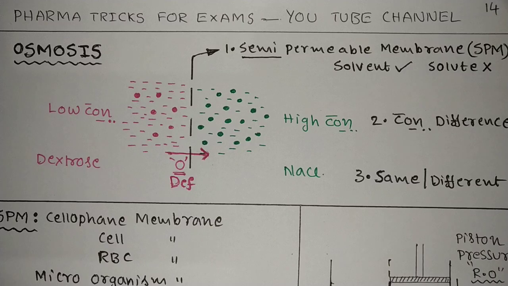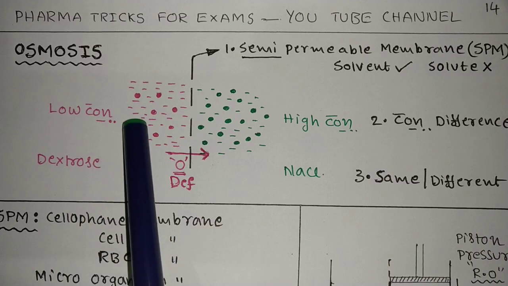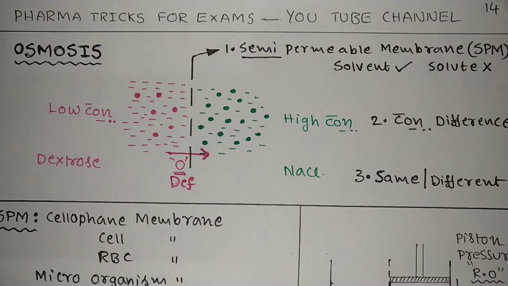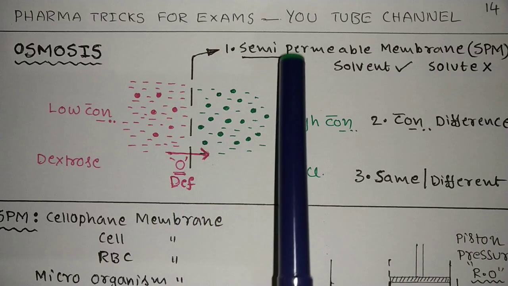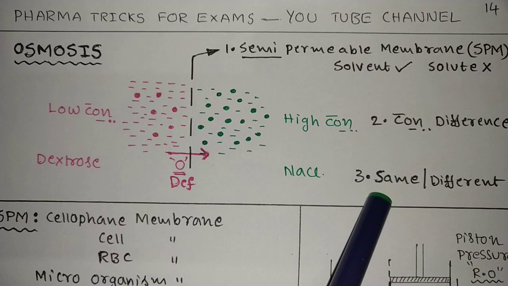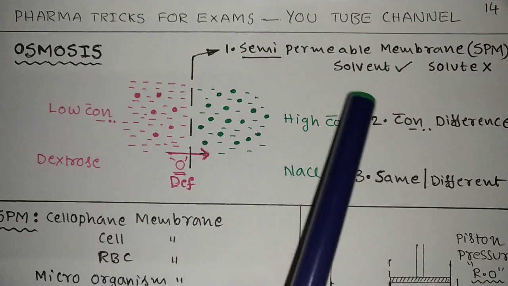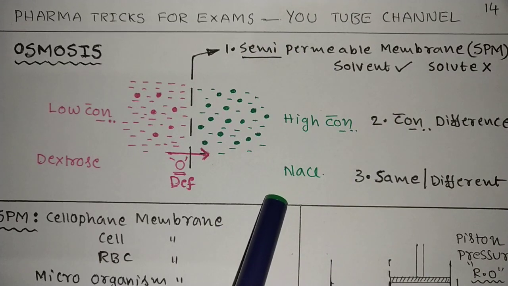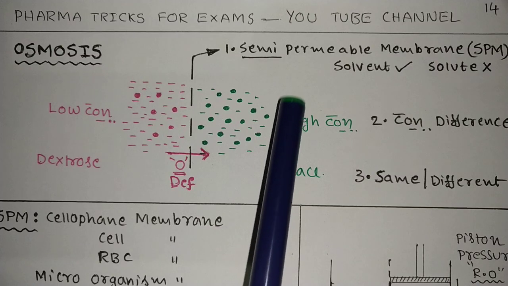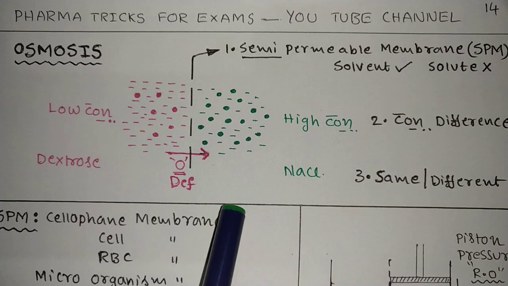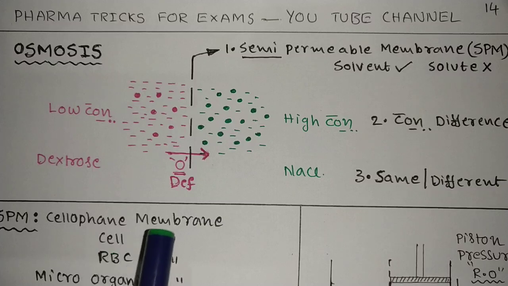We will see the osmosis concept in this video. Osmosis takes place anywhere in the universe, that you keep in your mind. Anywhere it takes place, either in vitro or in vivo, but there must be three things. These three things must exist for the osmosis process. Without these three things, osmosis will not take place.